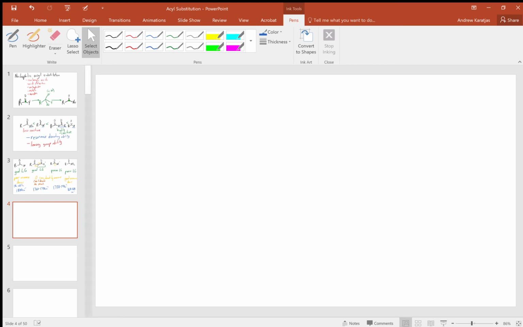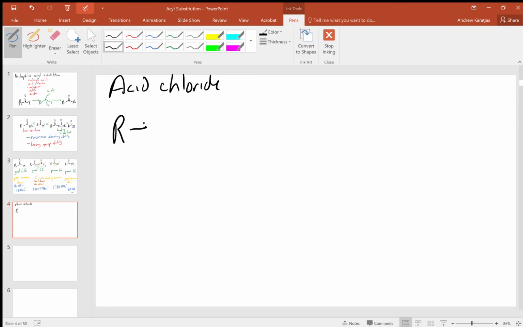So next what we'll look at are how we make each of these functional groups: the acid chloride, the anhydride, the ester, and the amide. And each of these can be made in a single reaction from a carboxylic acid. So in order to make an acid chloride, we start with a carboxylic acid,